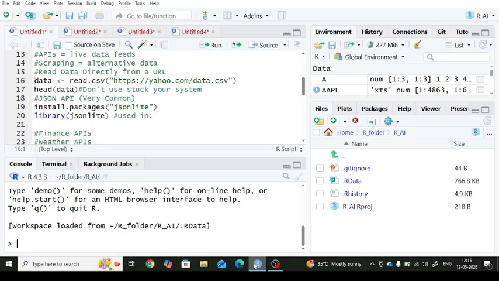Friends, today I am going to discuss R programming. So everybody understand what R programming is, how do we download R Studio, and second we will discuss